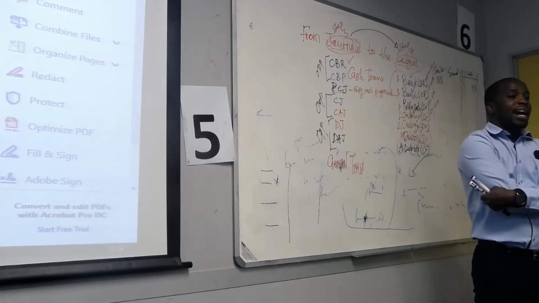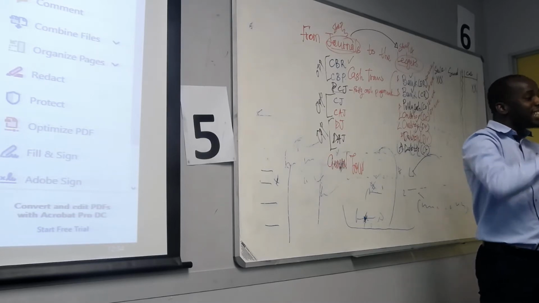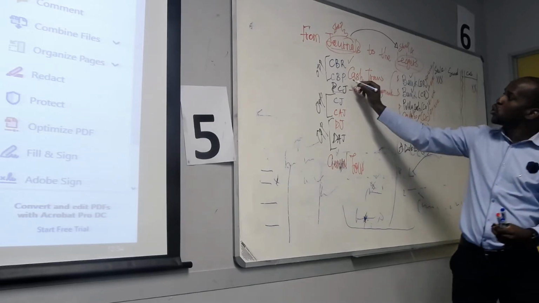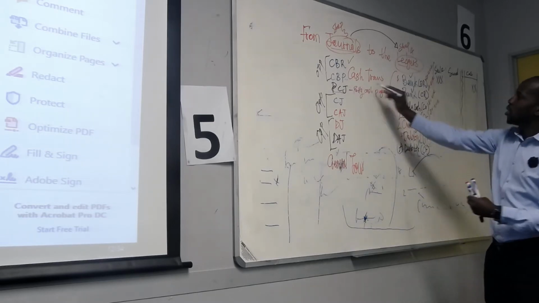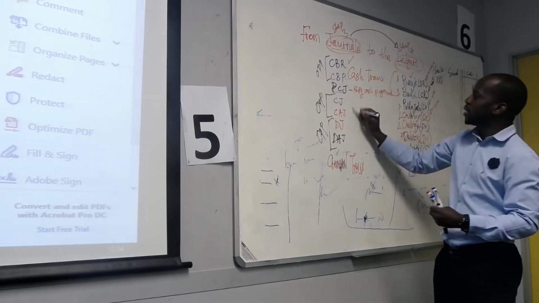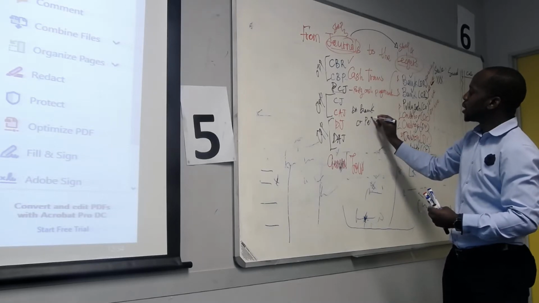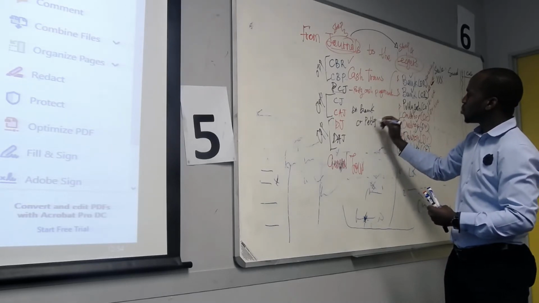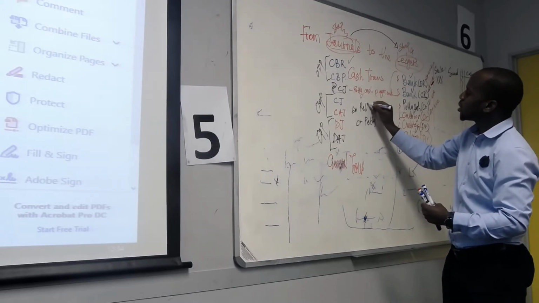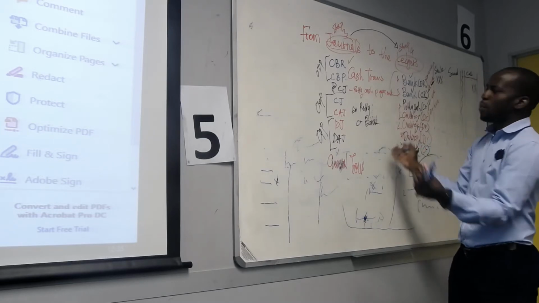CBP. Guys, I said it doesn't matter who we are paying or where the money is going. As long as money is leaving the bank account, it's a cash transaction. So we will go into CBP, we will credit bank. In CBP we are crediting bank, we debit everything else. So we'll debit petty cash, credit bank with whatever money.